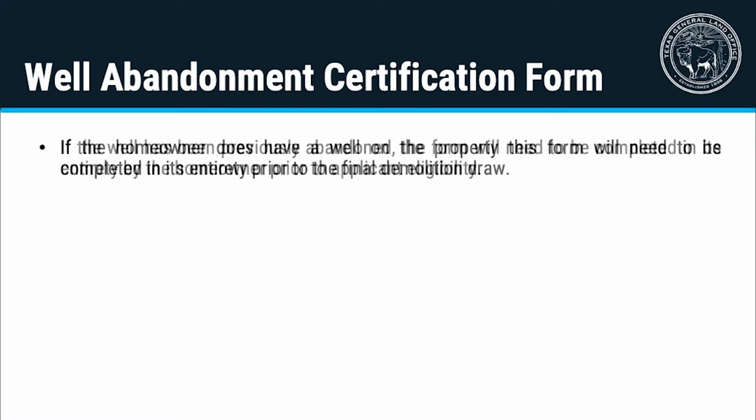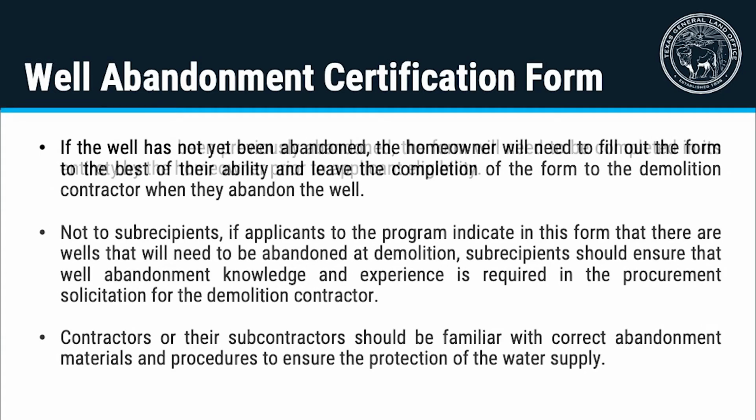If the well has been previously abandoned, the form will need to be completed in its entirety by the homeowner prior to applicant eligibility. If the well has not yet been abandoned, the homeowner will need to fill out the form to the best of their ability and leave the completion of the form to the demolition contractor when they